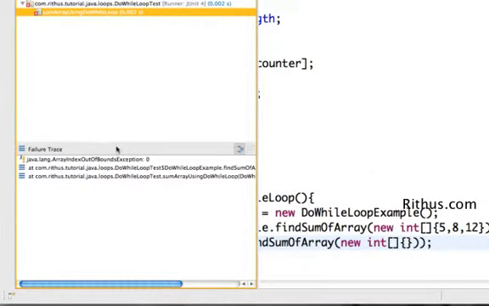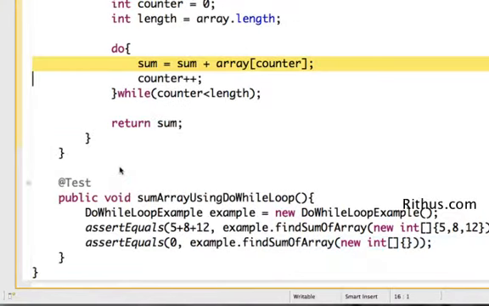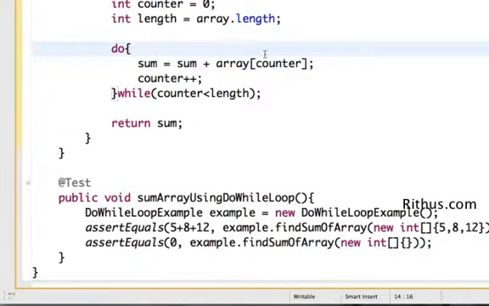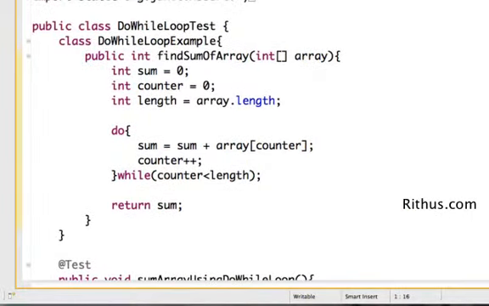If you see, there is an out of bounds exception. When we pass in an array of 0 length, the condition check doesn't happen first, and the body tries to get the value array of 0, and there are no elements in the array, so it throws an exception. That's something you should always be wary of when you use a do-while loop.